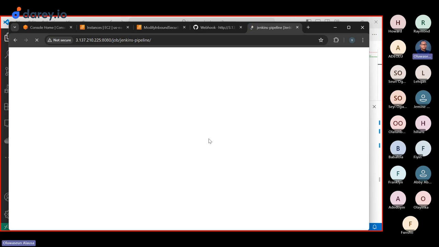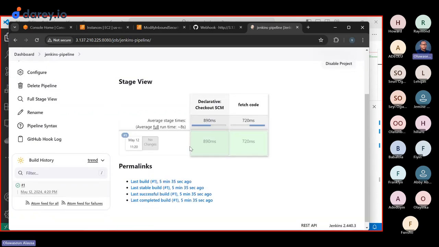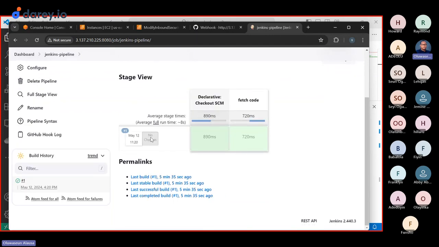I don't know why this URL is so slow. Okay, so look at that. The fetch code happened, and it says declarative checkout SCM. Now, if you want to check the logs of this job, and if you look at the average runtime, it says this job ran less than 8 seconds. Everything took less than 8 seconds. If you click on this build number right here,